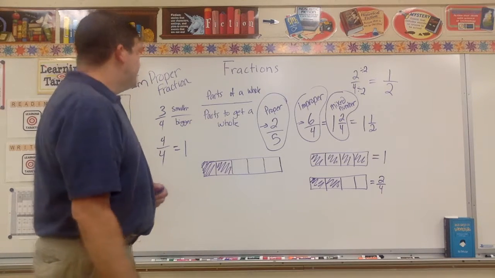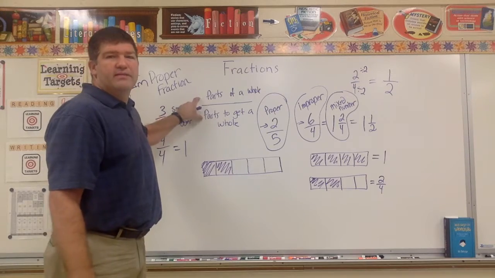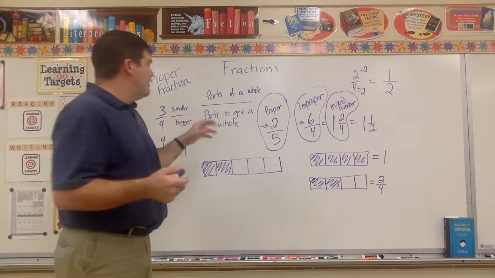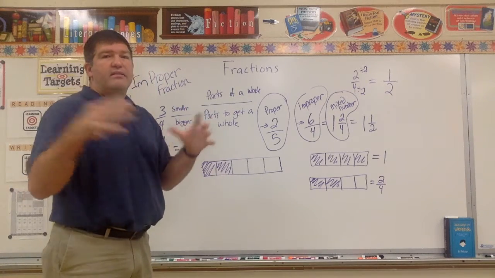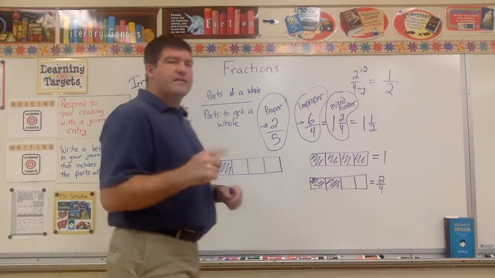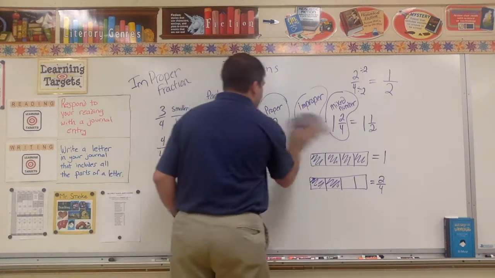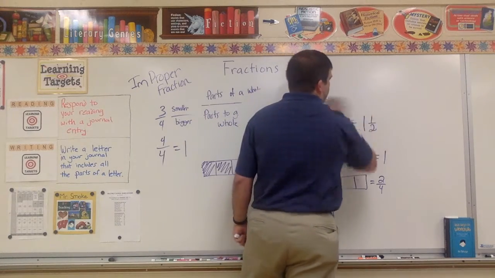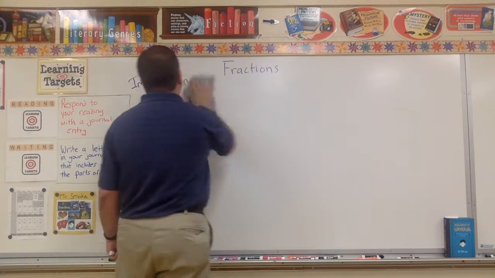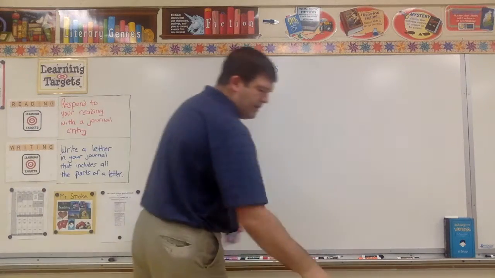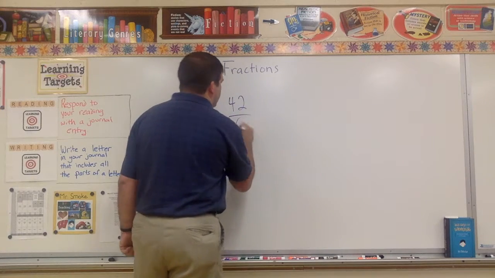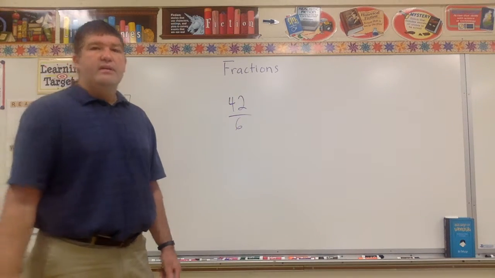All right. I like to think of this always, the top being how many parts of a whole do I have? And then the bottom being how many parts of the whole do I need to make it a whole? Okay. The other thing I'll say real quick is, because you're going to get some big numbers, when you multiply fractions, you might get like 42 over 6. Okay? This is improper,